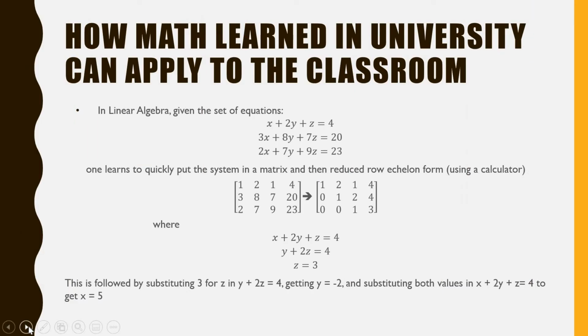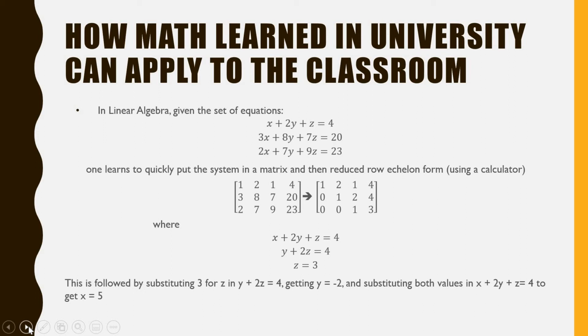So another example of a class like this could be linear algebra, another course found in Rowan's curriculum for math educators, and it's useful in high school classes like Algebra 2. For example, Algebra 2 requires students to be able to solve a system of linear equations. Concepts from linear algebra, like solving a system of equations by reducing to row echelon form, can be applied by the educator to quickly solve or better explain this process.